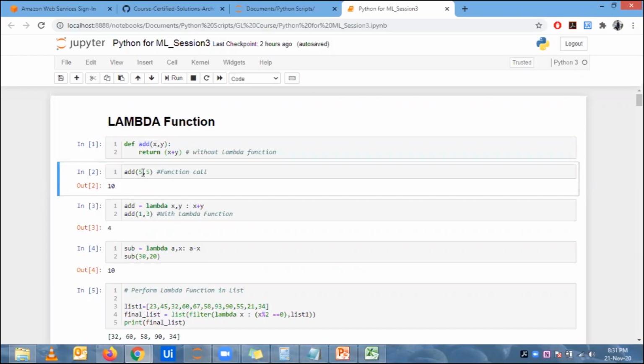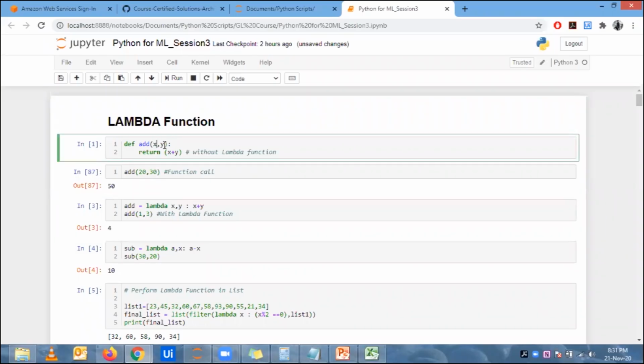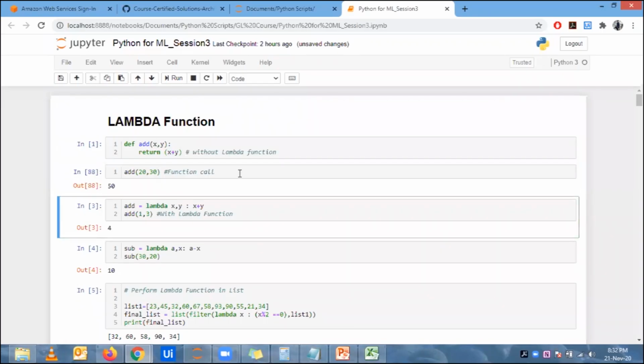Now, if I pass 20 and 30, my output should be 50, because 20 and 30 are passed to this add function (x, y), which computes 20 plus 30 and returns 50. This is the function call.